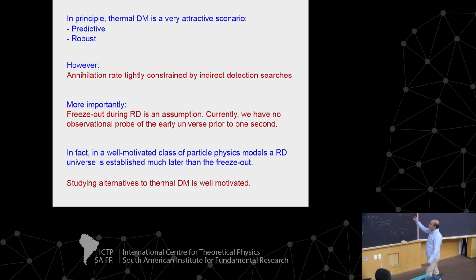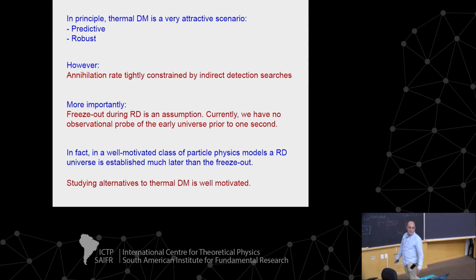However, related to the two numbers, the nominal value of the annihilation rate and the typical freeze-out time or temperature, there are two considerations. First of all, the annihilation rate is now being constrained by experiments. Not in a completely model-independent way, but basically we get tighter and tighter constraints. But more importantly,